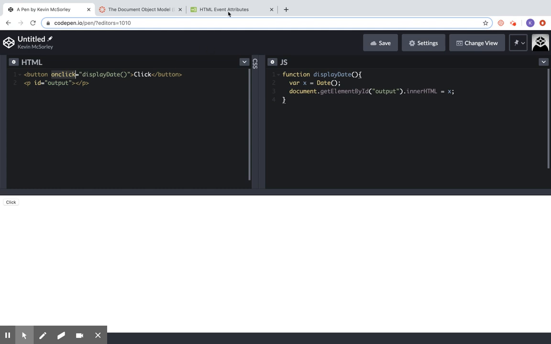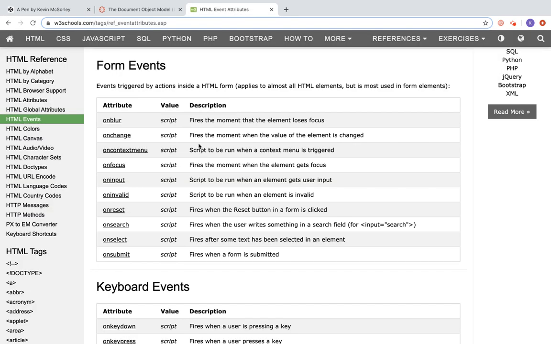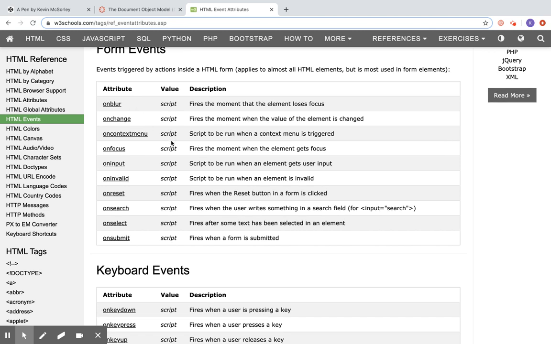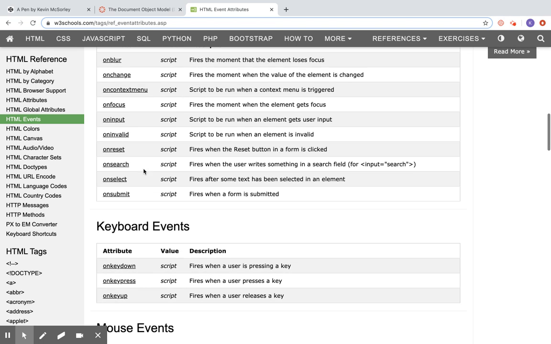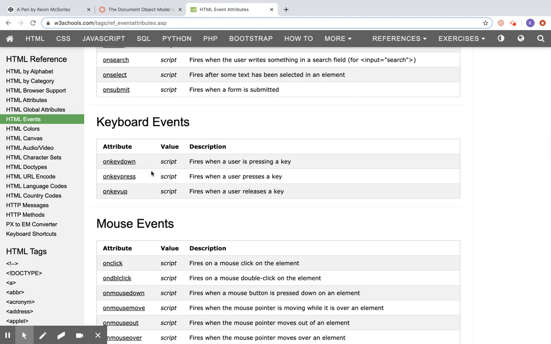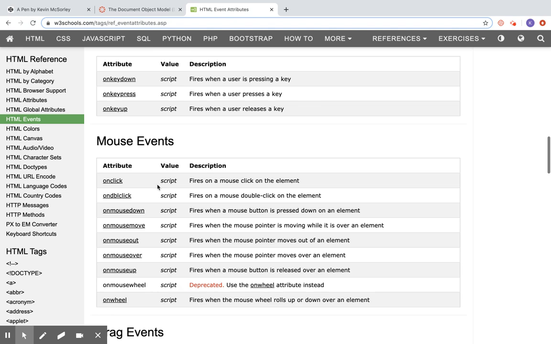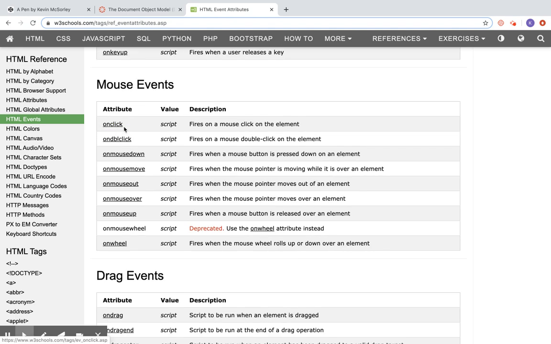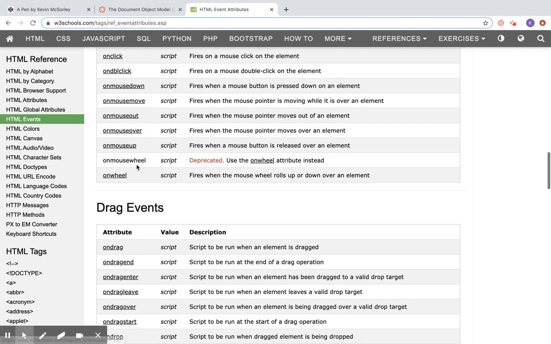And there are tons and tons and tons of them. Here's a list over at W3Schools. You can see there's onblur, onchange, onfocus, tons of them in here. There's keyboard events when a key is down, when a key is pressed. Here's the one we're going to use, onclick. So you can see there's several